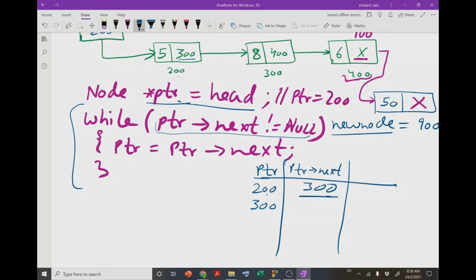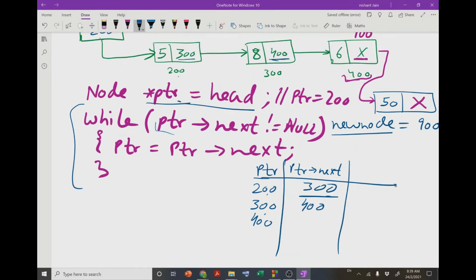Now with this 300, we again go back to the while loop condition and check this. This time PTR is 300, so 300 next is 400, and 400 is not null, so the condition is true. We come inside the while loop and update PTR, so the updated value of PTR will be 400, right?